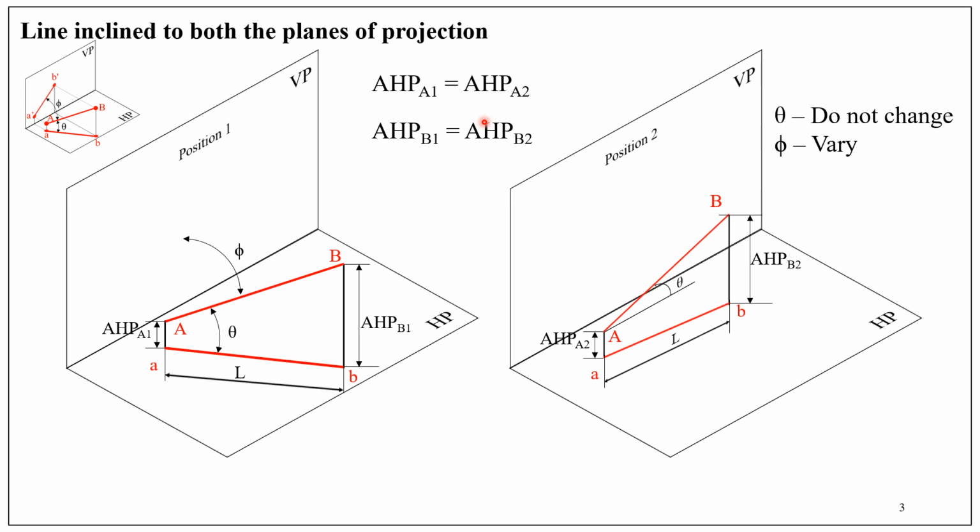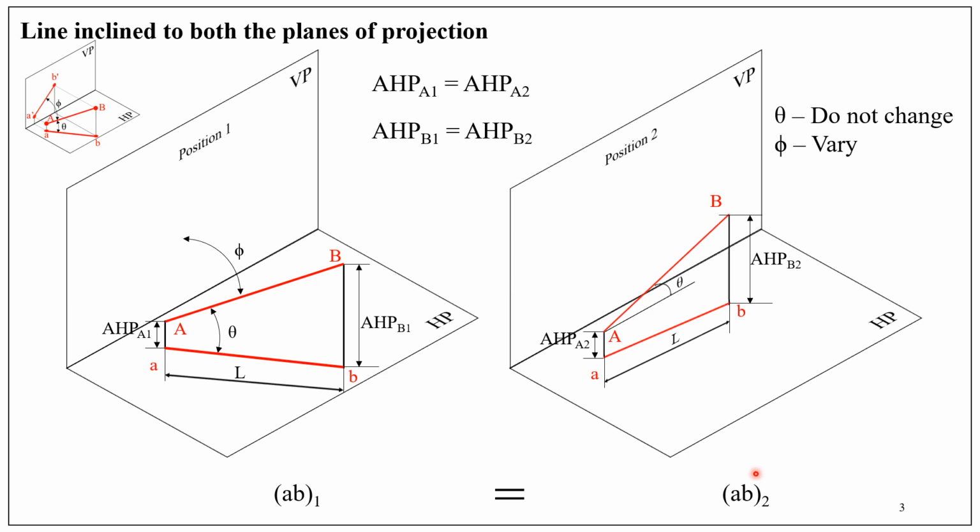Top view is AB. In order to distinguish between position 1 and 2, we use suffixes 1 and 2. And from the geometry, we can easily infer the top view in position 1 and top view in position 2 are equal. What it means is, whatever be the orientation of the line or whatever be the angle of phi, top view remains the same,